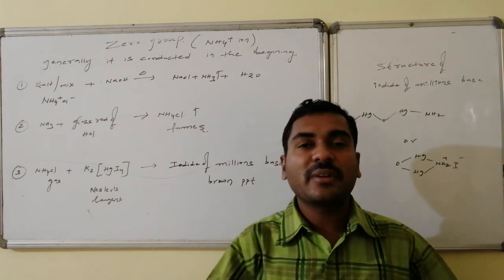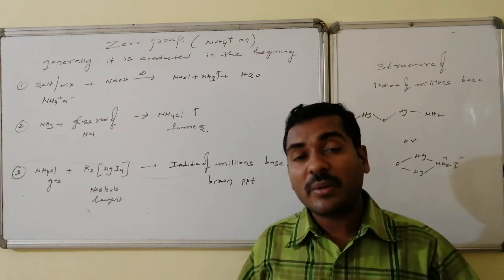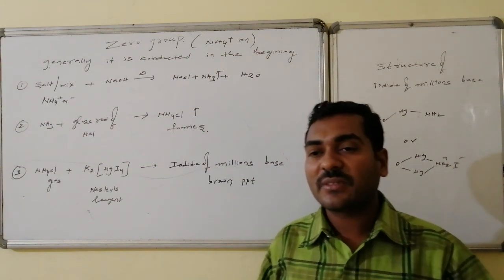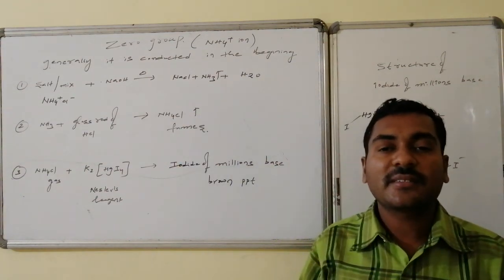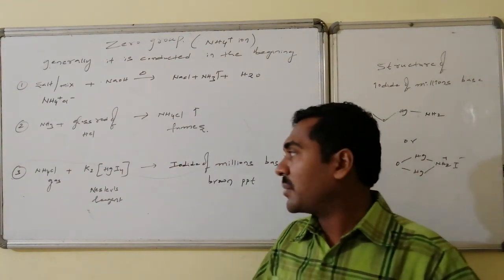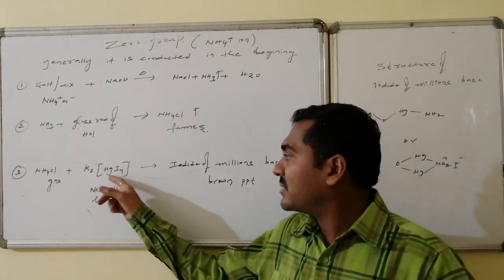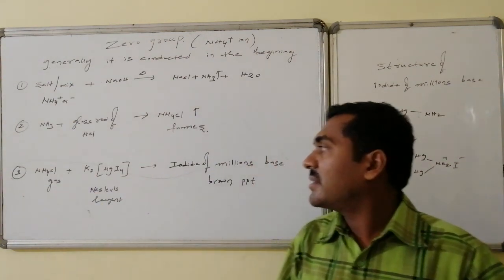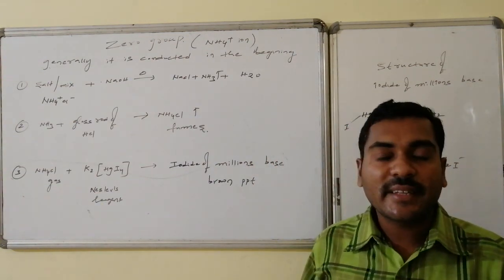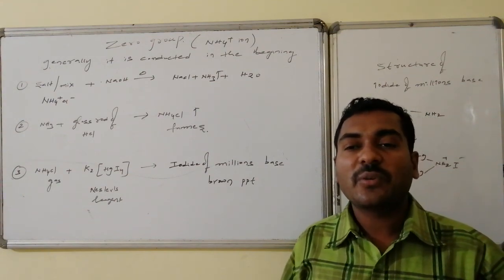A glass rod dipped in HCl, if you keep it at the evolving gas, forms ammonium chloride white dense fumes. Whereas if this gas is sent through Nessler's reagent, K2HgI4, which is a complex of mercury, iodine and potassium, with mercury in the +2 state, it forms a complex with the ammonia. As a result, it gives a brown color precipitate, said to be the iodide of Millon's base.